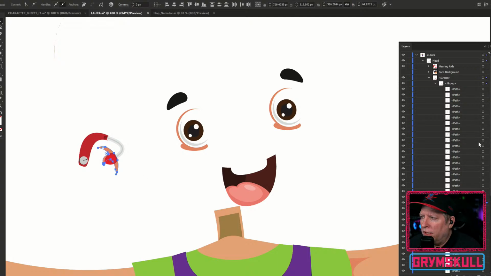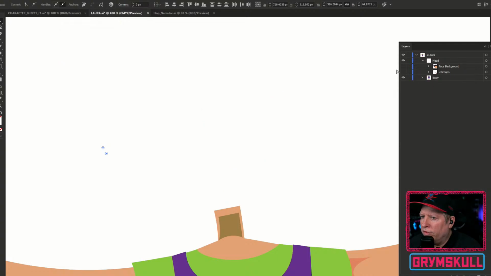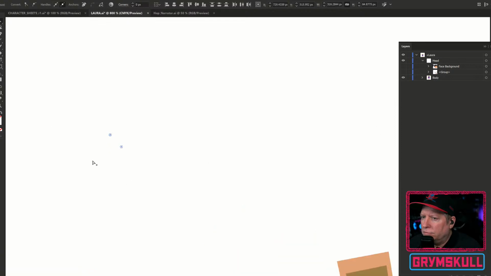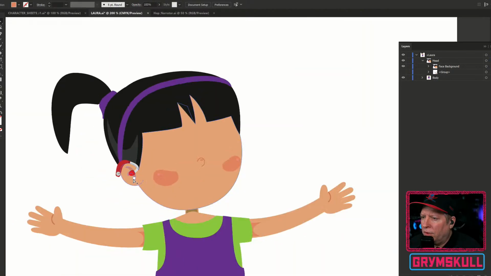I'm going to take the ear detail and put it in the face background. I'm then going to move the hearing aid into the face background. Turn everything else off. There's something there. What is that? All right. So we've got a face background now, with all the details that are not going to move.